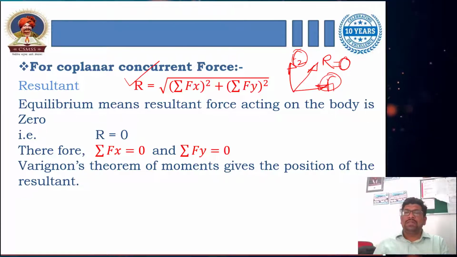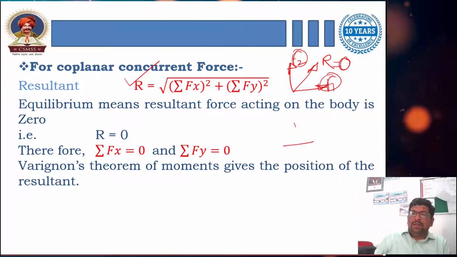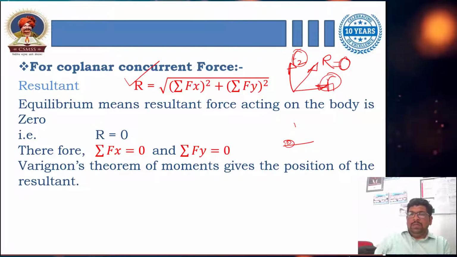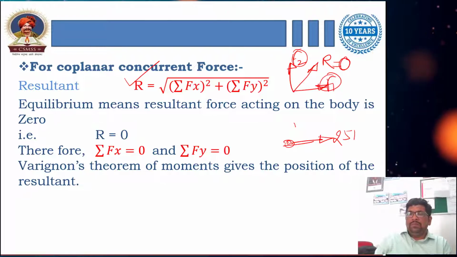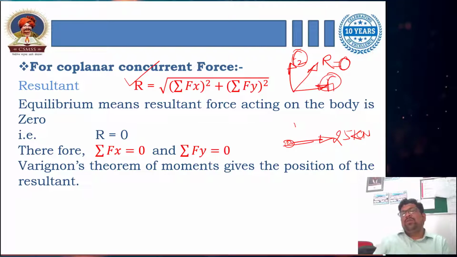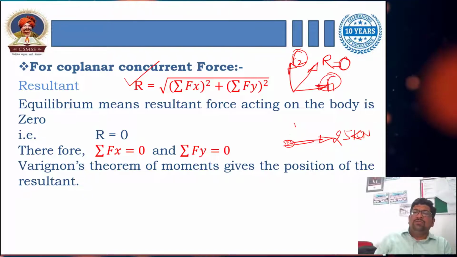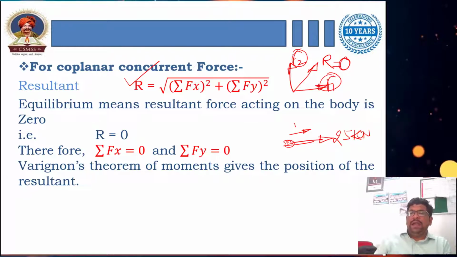Whatever forces are acting over here, suppose, see here, if I take an example: at this point my force is applying, say 25 kilonewton. If I apply 25 kilonewton on the right hand side, it will be obvious that it will move towards the right hand side. So this body, whatever may be present over here, will move by some displacement on applying 25 kilonewton on